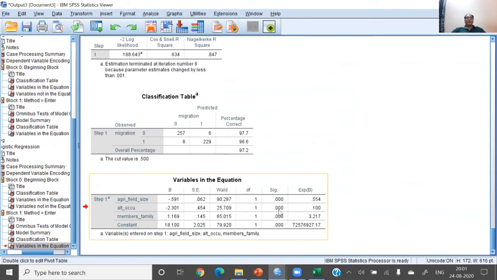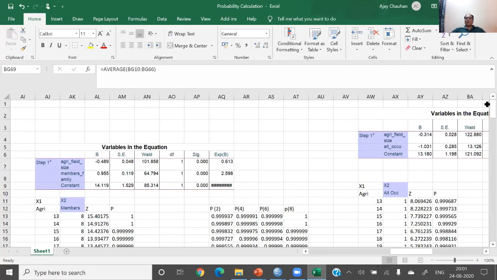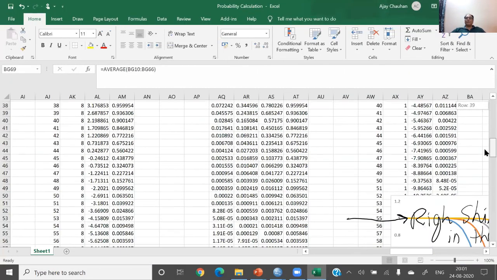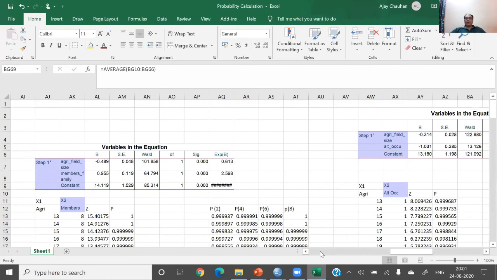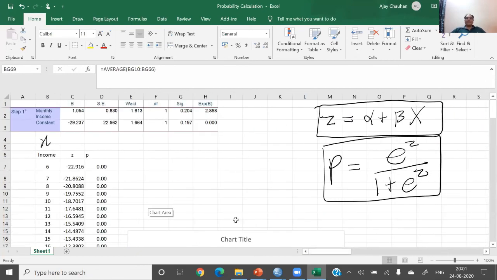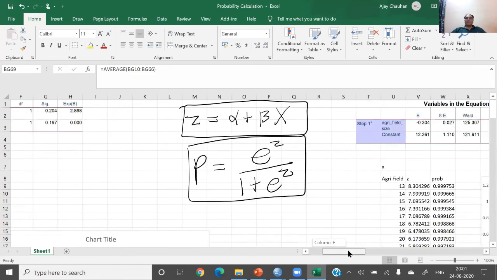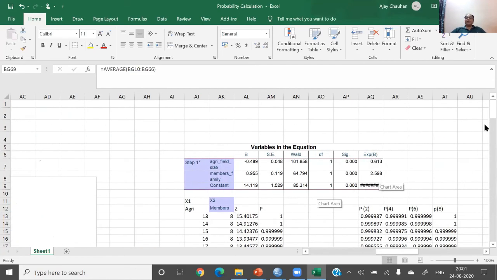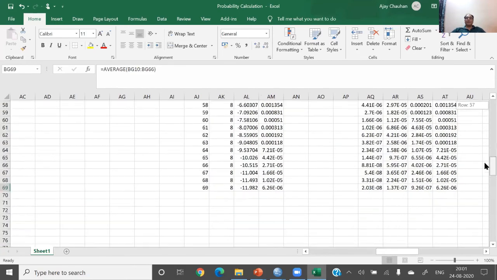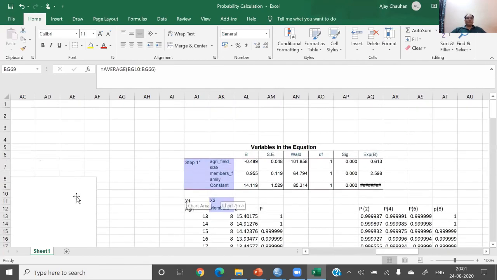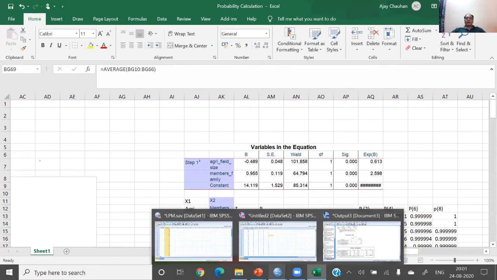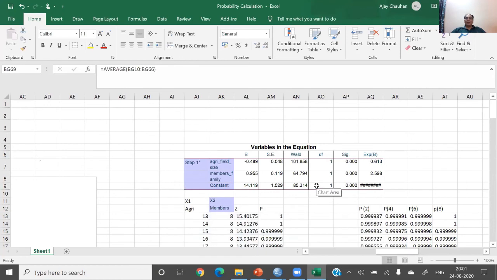And after this model, in logistic regression, the most important are the conclusions which we draw from the Excel file. Unfortunately, these insights you cannot get from the SPSS file: calculating the probability, calculating the marginal probabilities, and calculating the probability curves. These facilities we can only get from the Excel file. That's why I spend time calculating all of this, and we have to calculate the probability graph for each and every variable and the most possible combinations.